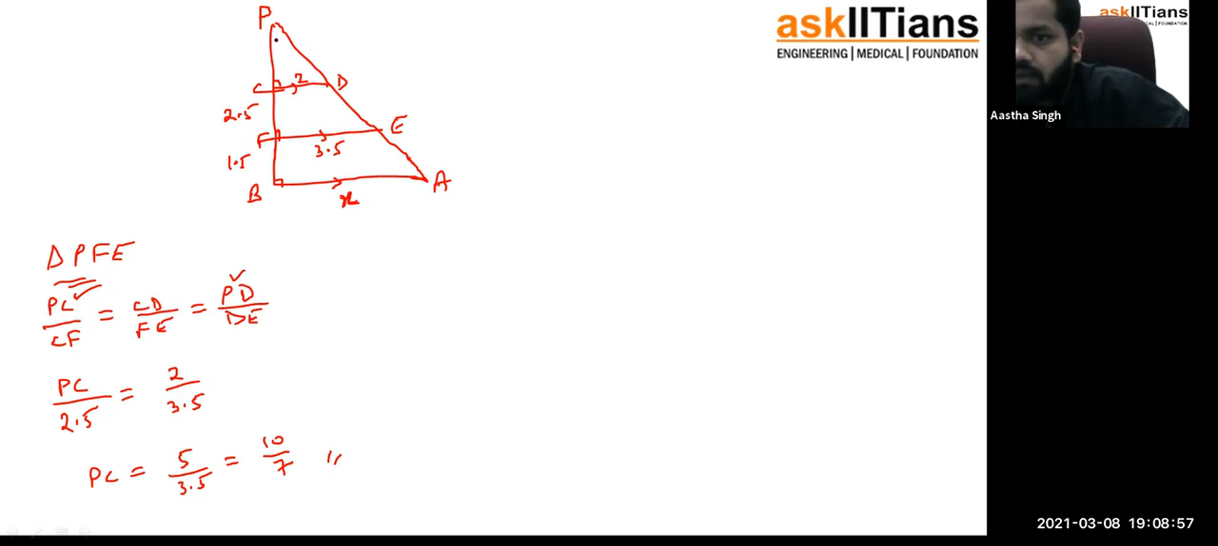And angle P is common to both the triangles. So yeah, these triangles are similar, and if similar triangles are there, then all the sides will be proportional. So 10 upon 7 we have got as PC, but we have to find out the value of x. For that x, guys, just focus on triangle PAB. In triangle PAB, CD is parallel to AB, so you can write PC divided by,